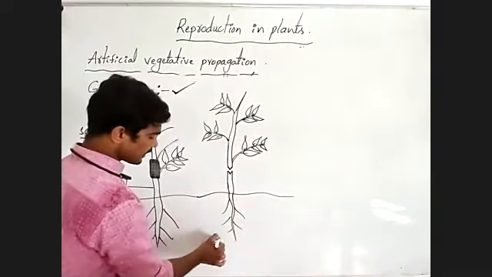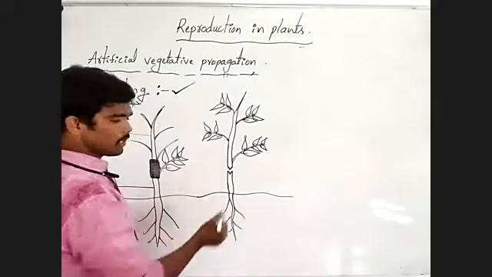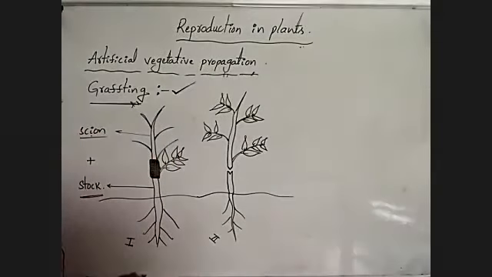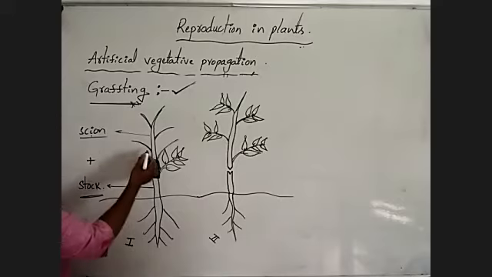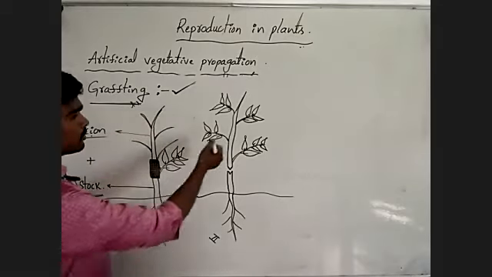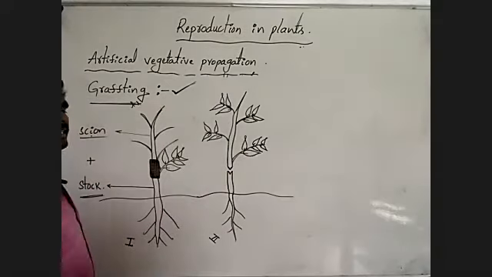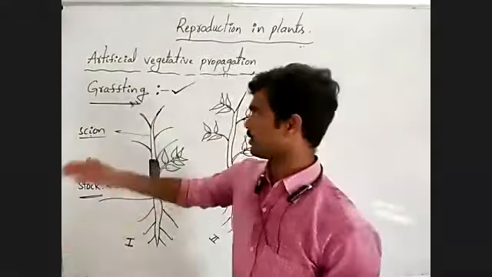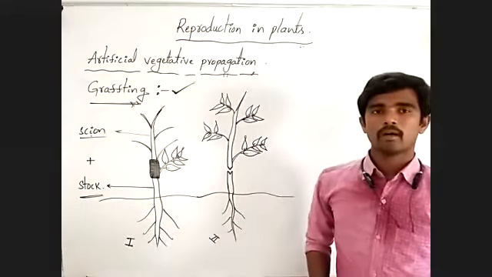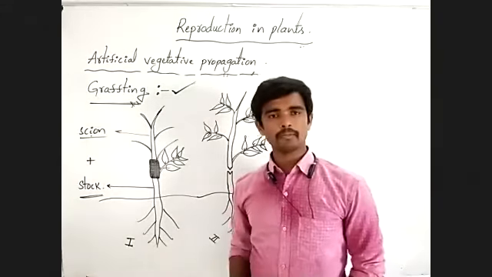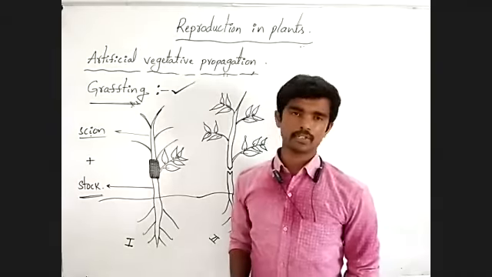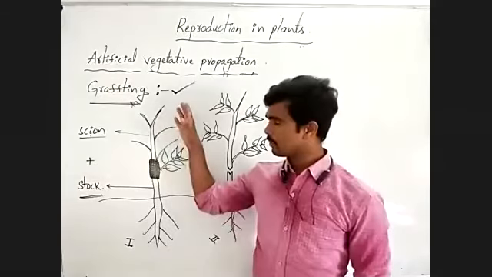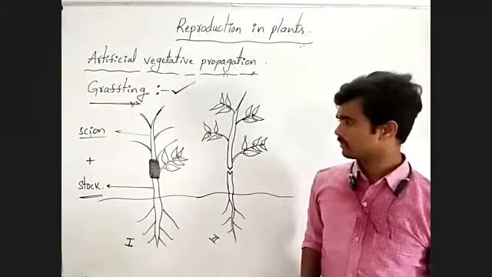the stem of the second plant is cut and joined to the stem of the first plant. Then we can get the flowers and fruits of the second plant on the first plant. Like this, to overcome different types of problems, the grafting process is done by the forest department or agriculture department. Mostly in the agriculture department this type of process is done. Okay, observe.